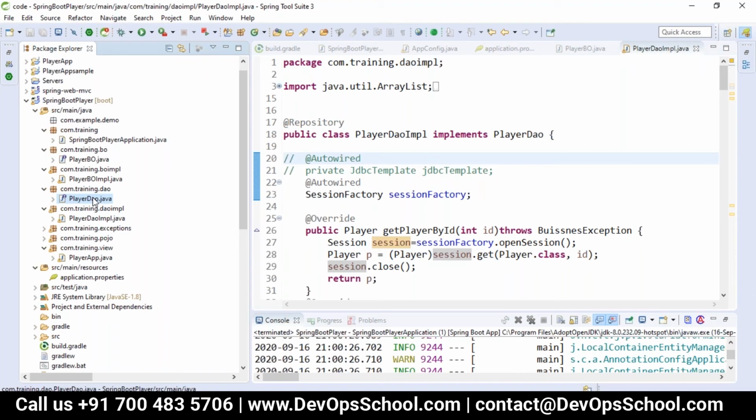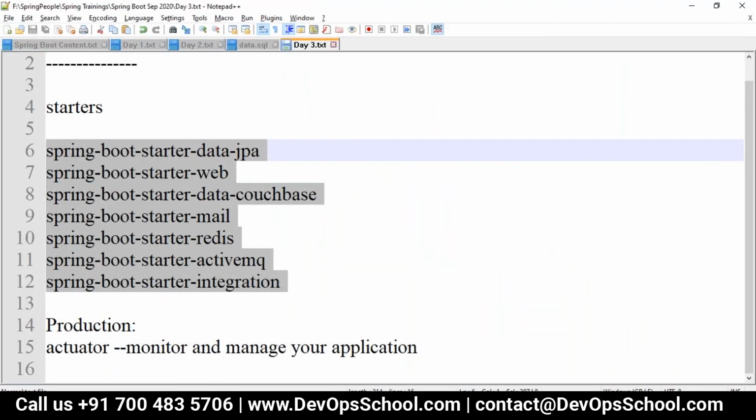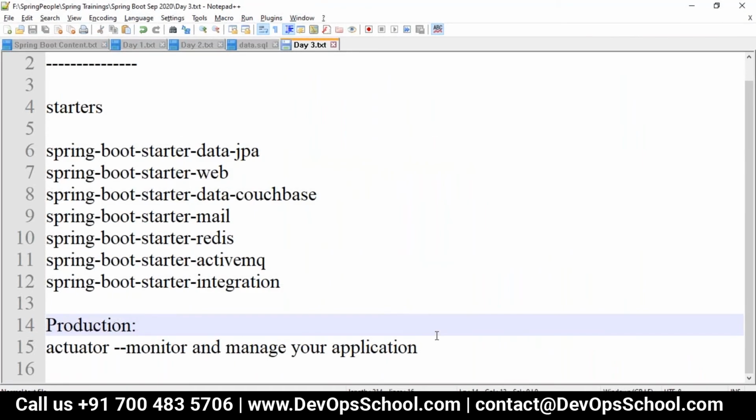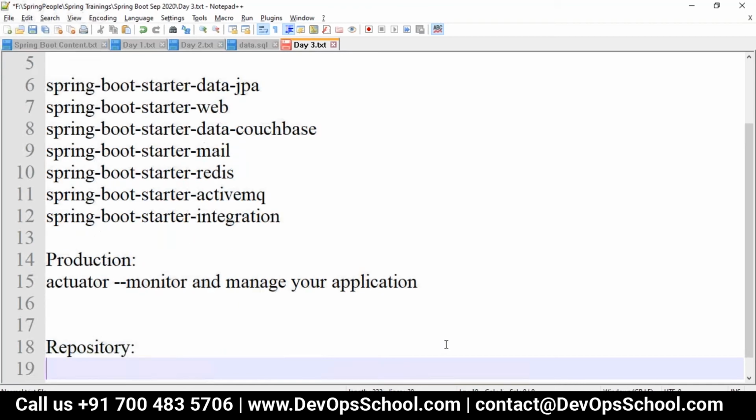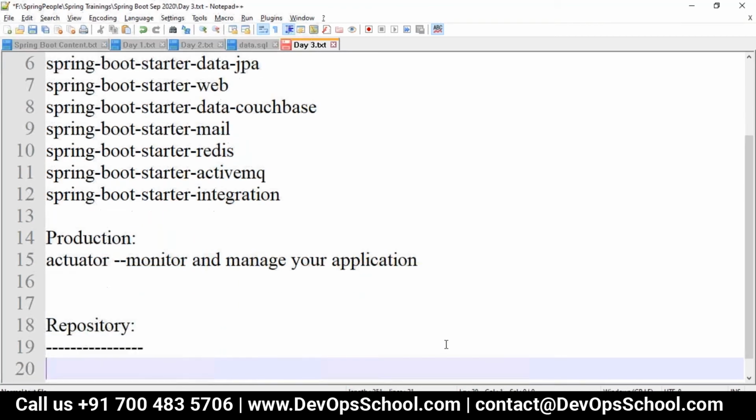Whenever you go with Spring Data JPA, we have different interfaces to take care of your code. That is the CRUD repository, or we have the JPA repository. So there are different repositories available.